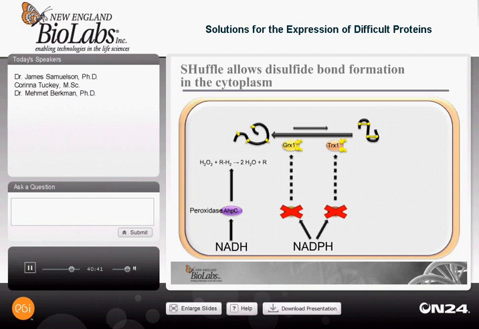It was then shown that AhpC star, the mutant version, can now reduce glutaredoxin and allow cells to become viable again, while the thioredoxins remain in their oxidized state and catalyze the oxidation of proteins. So in the SHuffle cells, we have this confusing state where both the reduction and the oxidation of disulfide bonds are occurring. And whether your protein gets oxidized or not, we believe, is governed by the laws of thermodynamics and folding of each unique protein.